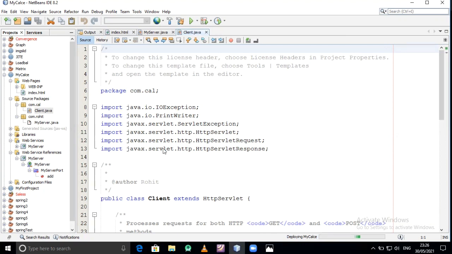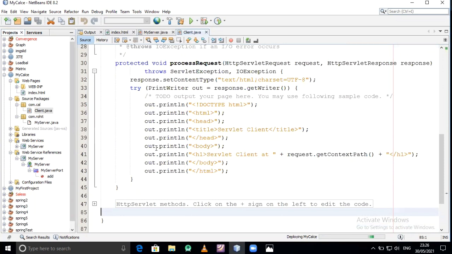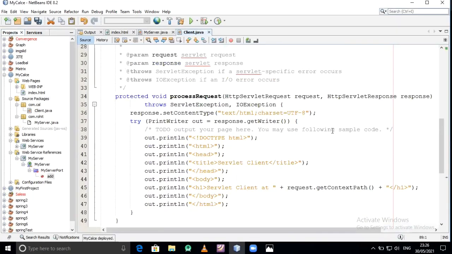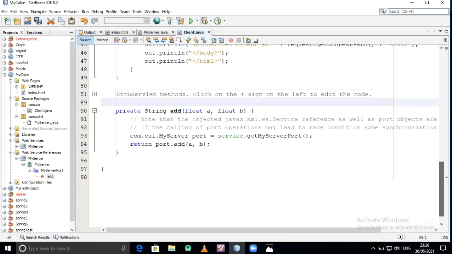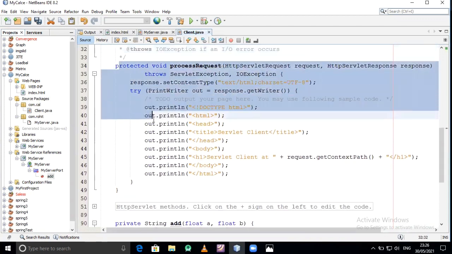This is our servlet. In this servlet only we have to deploy this particular operation, suppose add. This add operation is declared as public String add(float A, float B). This is the actual operation, and this operation is called from this particular servlet.